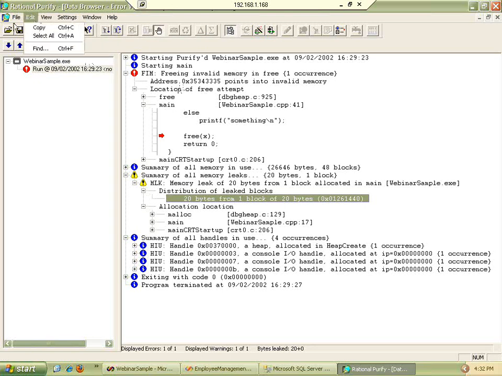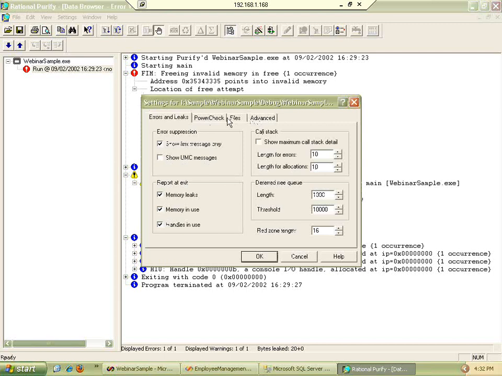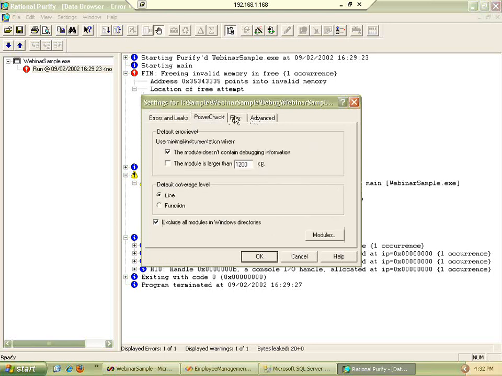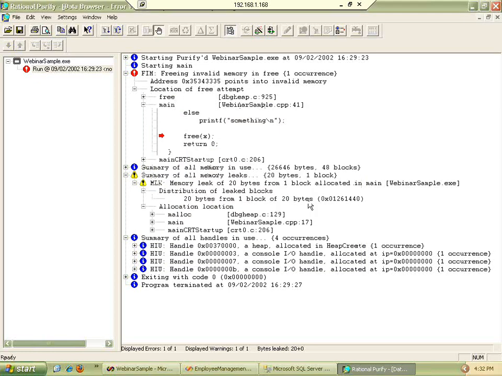So what happens here is, in Rational, there are multiple preferences. Just give me a second. There are a lot of settings through which we can find out all the errors. There are a lot of different errors that could happen, so I may not be able to go through that part now. There is something called buffer overflow, memory leak. There is something called boundary breach. That means your data space in the memory is trying to write to the program space. When there is a boundary breach, the program usually dumps.